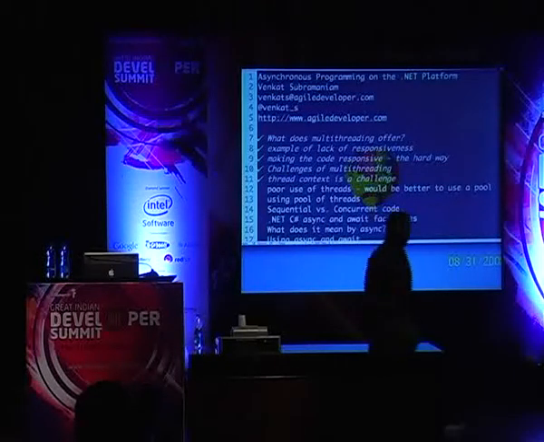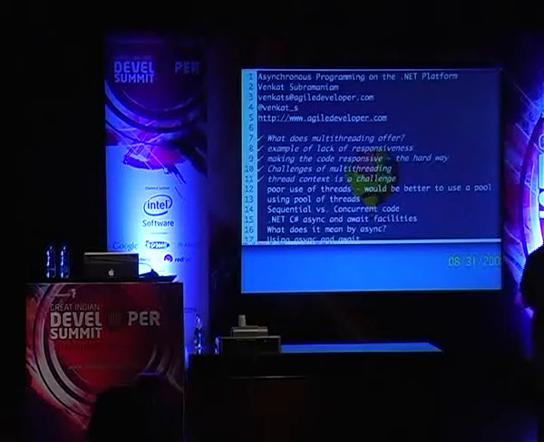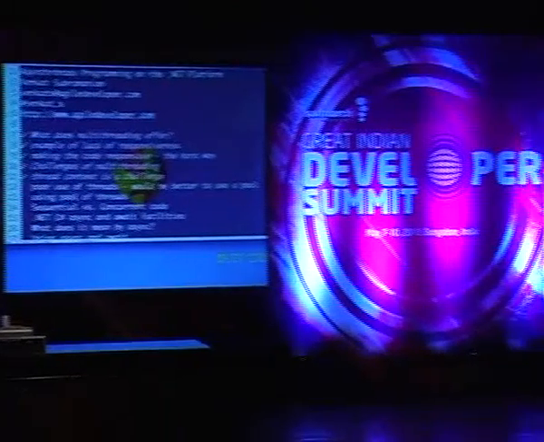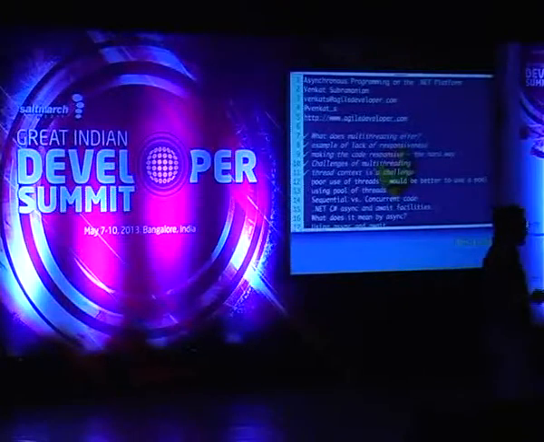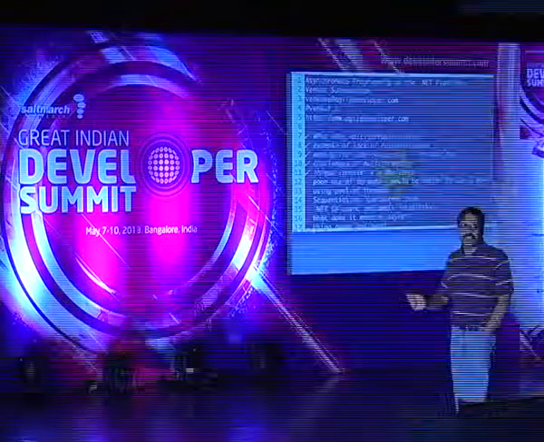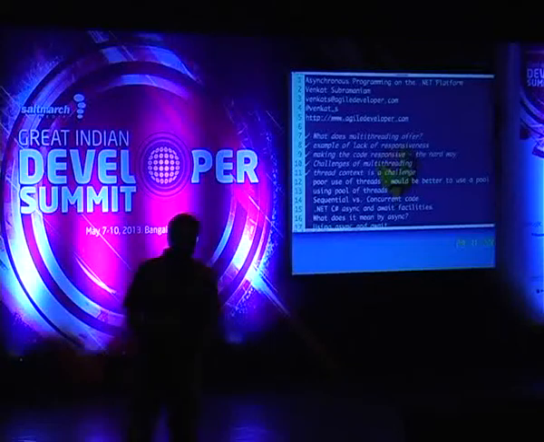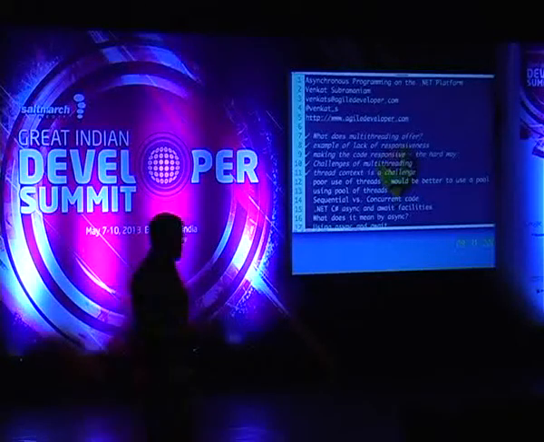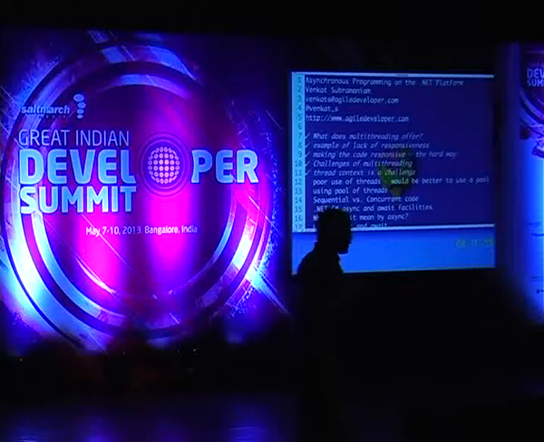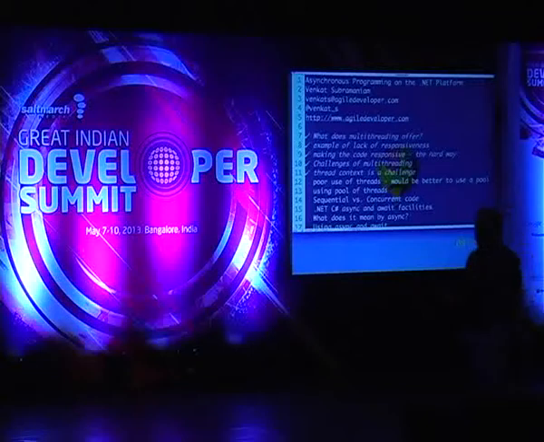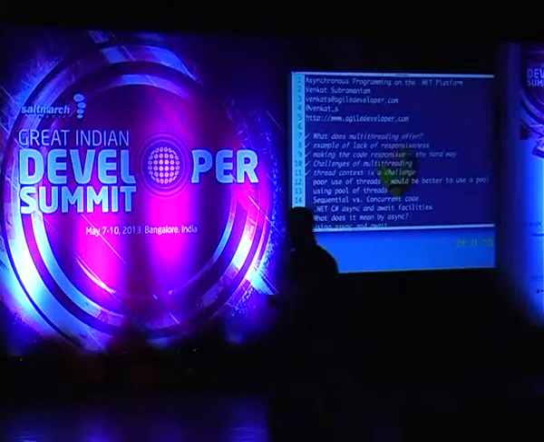We said new thread, by the way, and that is something we should not do anymore. This was a bright idea back in 2001 when C# was introduced, because we didn't know better. And we started creating threads just like that. But over time we realized creating threads like that is not a smart thing to do, because threads do take resource. And the more threads we create like that, we are going to have problems in memory consumption, performance, a lot of other things. So it's a much smarter approach to use a pool of threads and schedule tasks on the thread pool rather than creating threads over and over.